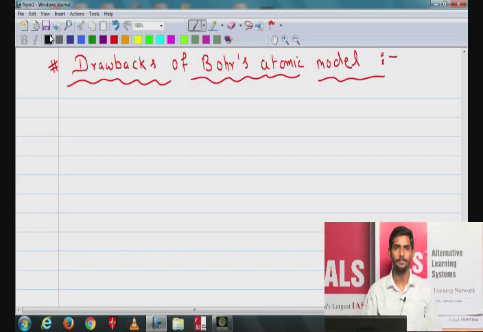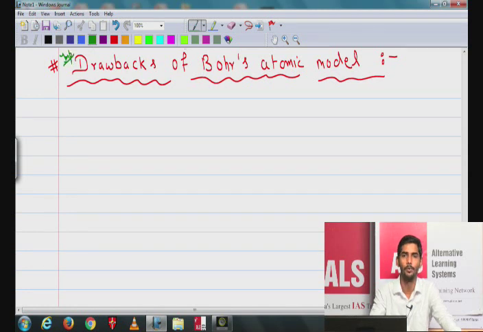And after some time, when we go towards quantum mechanics, we came to know that even Bohr's model was not appropriate. This model has many demerits that we have to discuss. So ultimately, we can say that even Bohr's model was not perfect. It has many demerits, so we'll discuss those demerits one by one. And remember, guys, this is quite important for your examinations. So the first demerit was,